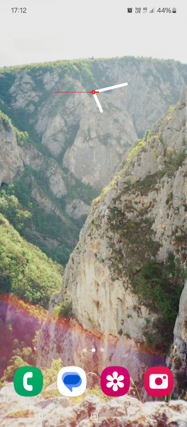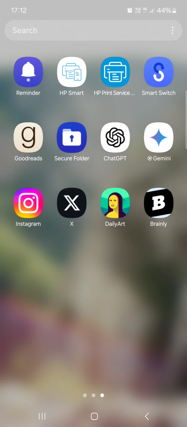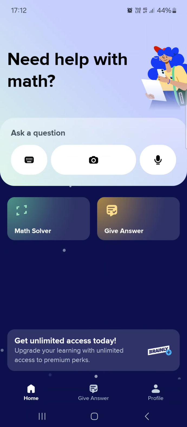Hello guys, in this video I'm going to show you how to ask a question in the Brainly app. First you have to open up the app, and here it opens up in the home menu. From here we just have to tap on one of these buttons in this row, in the ask a question